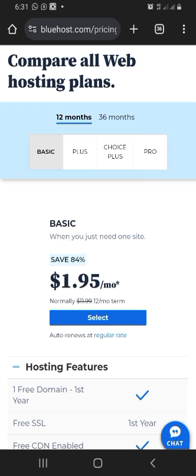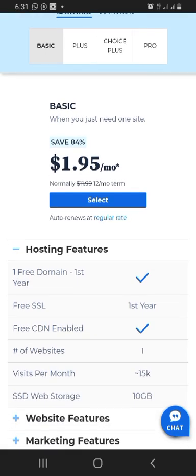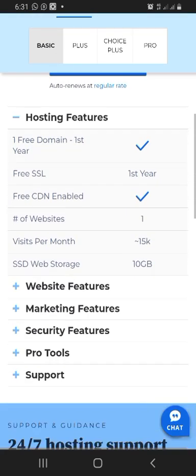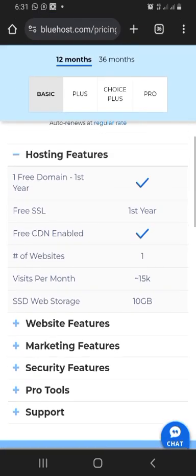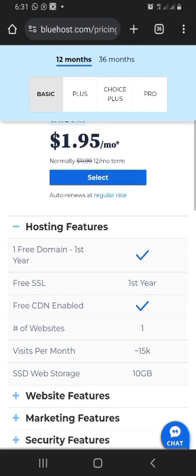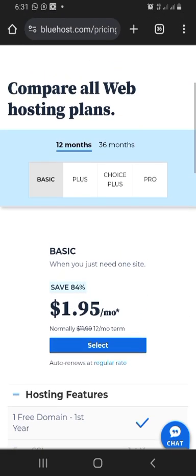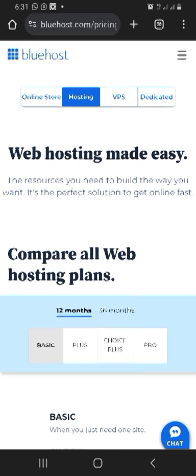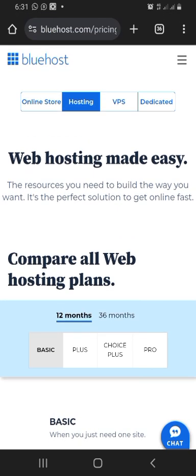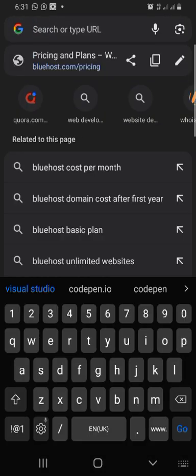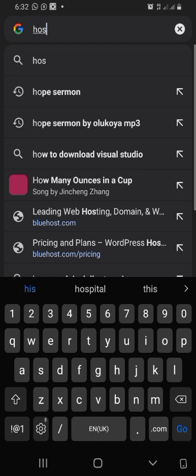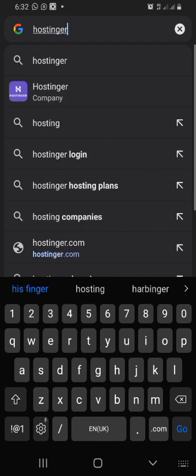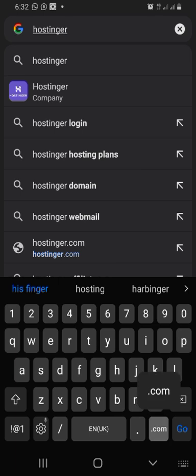So there are other hosting companies that I'm going to expose us to. This one we have here is Bluehost.com. This is one of the best hosting companies that we have in the world, and their services are in dollars. They don't charge in naira, but I'm going to show you a Nigerian company that also helps us to do this. There are many hosting companies. These people, their work is to carry our website on their server and to display it to the entire world.